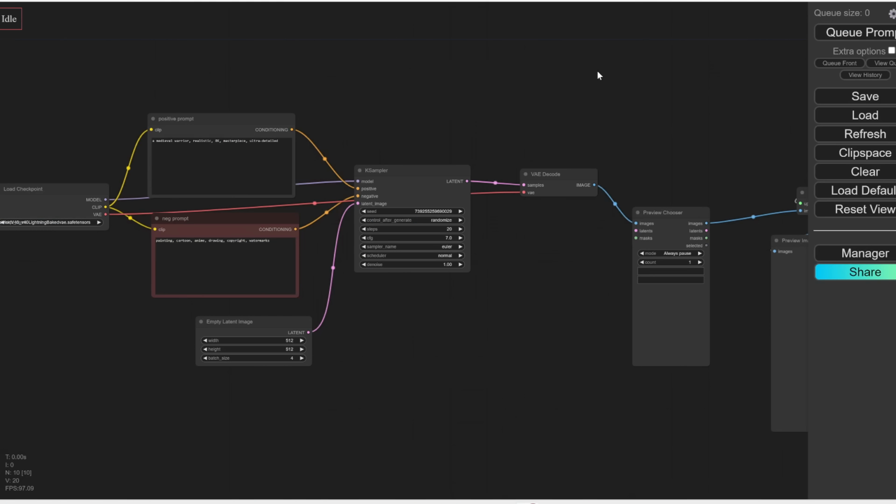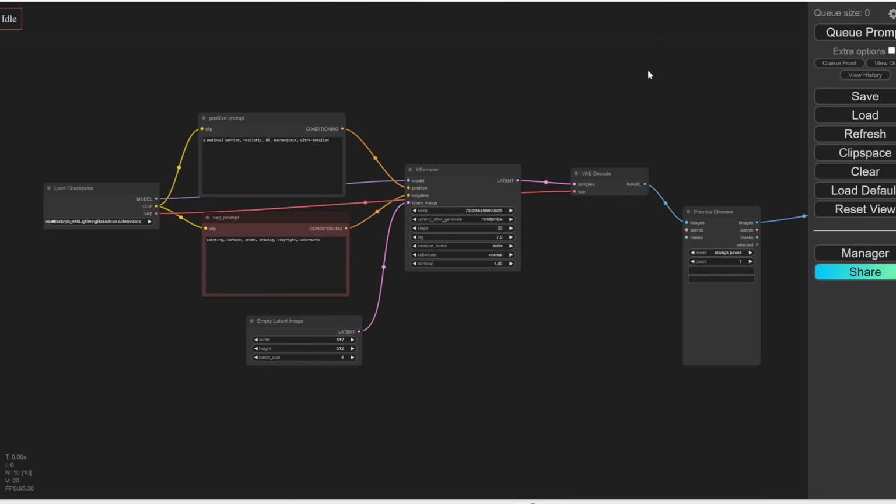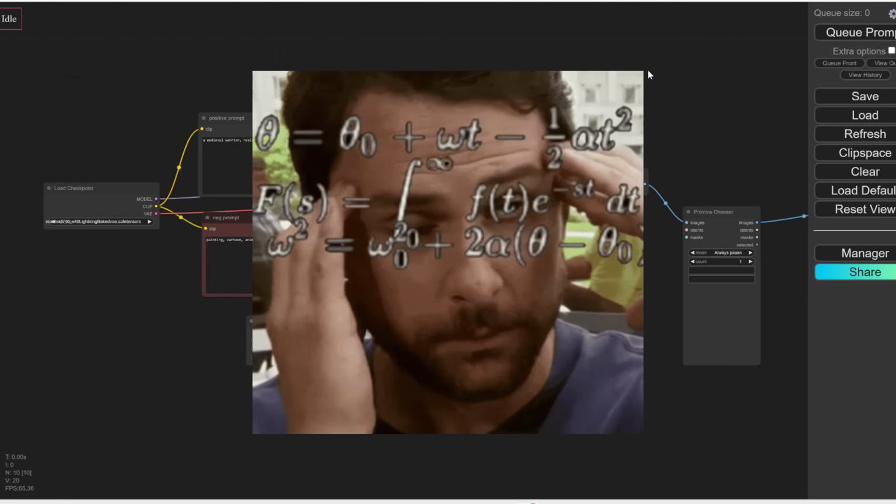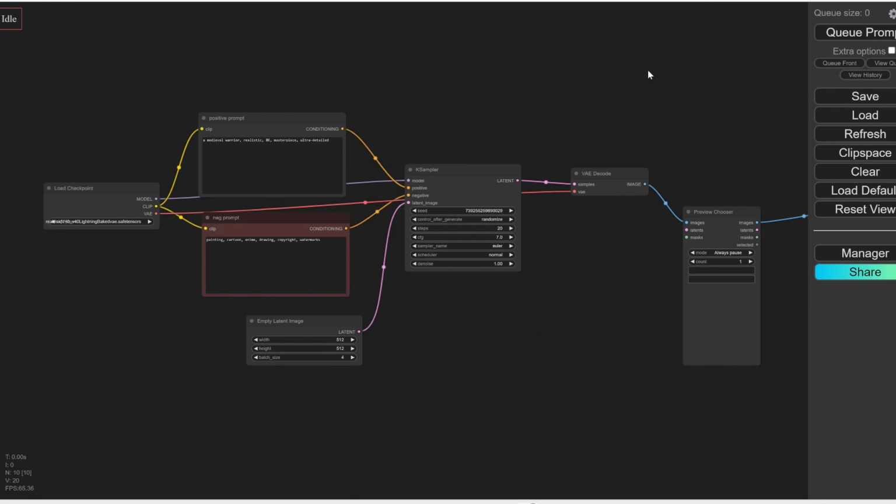Now, the tool that we're going to go over today is called ComfyUI, and the interface looks like this. So if you're seeing this for the first time, this might look very complicated to you, and that's exactly why I'm making this tutorial. I'm going to show you step by step how to install it, and then how to